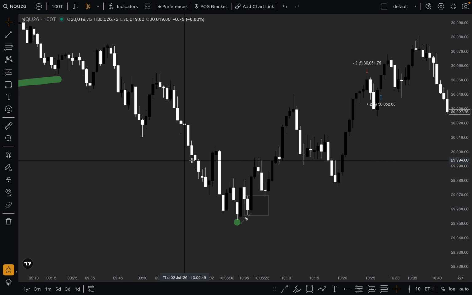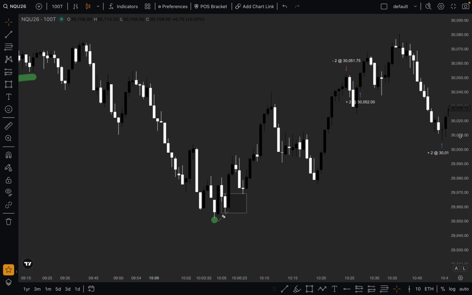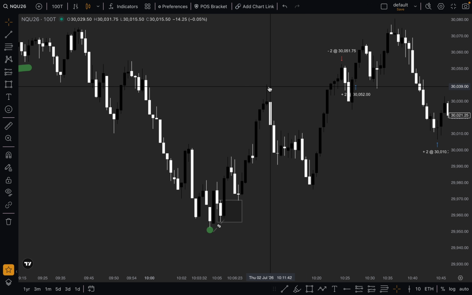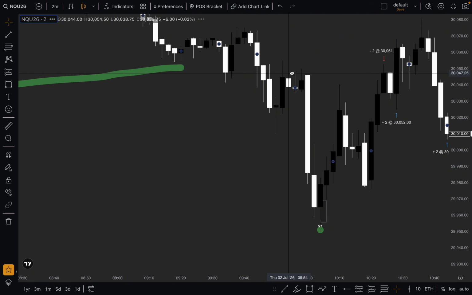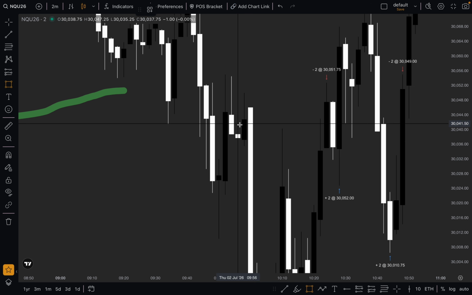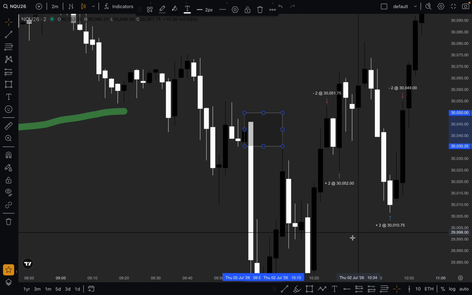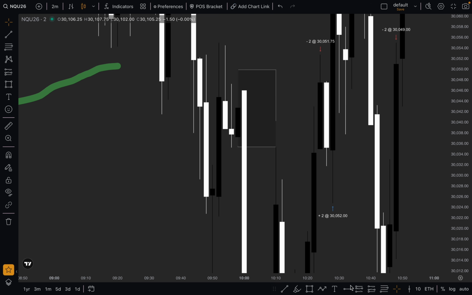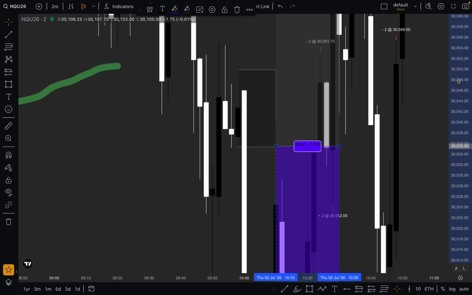Price comes down, sweeps liquidity, slowly creating lower highs, lower lows, and then we create this low. We start to shift structure in the market. You can see that price ended up moving to the upside. Okay, now what do you see here? This is a bearish point of interest. Okay, I ended up taking this short on another account. I got break even. So this bearish point of interest right here.